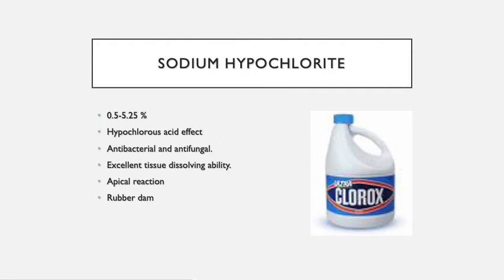Again, apical reaction, I'm talking about if it gets extruded into the apical tissue, you will get profuse bleeding from the apex. So the canal will be dry, but when you do irrigation, suddenly it will get profuse bleeding. The patient might feel severe pain, sudden severe pain with profuse bleeding. That's an indication that the sodium hypochlorite went beyond the apex. So you need to stop, you need to rinse with saline to dilute the sodium hypochlorite